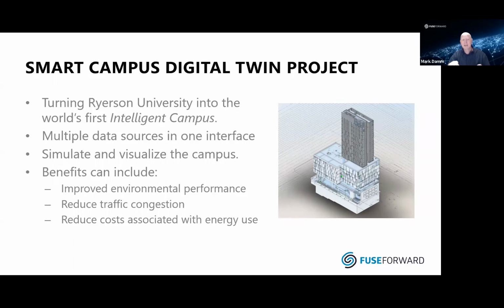Can we then simulate and visualize what would happen if we did different things to that building, to the way that the buildings are connected to each other, and the ways that we could be scheduling different classes? Instead of forcing groups of students to go between all the different buildings across different blocks in the city, we can start figuring out how we could schedule more and more of the same cohort within a certain set of buildings. So we're doing cohort-based scheduling, similar to what we're doing with our soccer teams, similar to what we're doing in our schools today. Part of what that does is it helps us look at the environmental performance